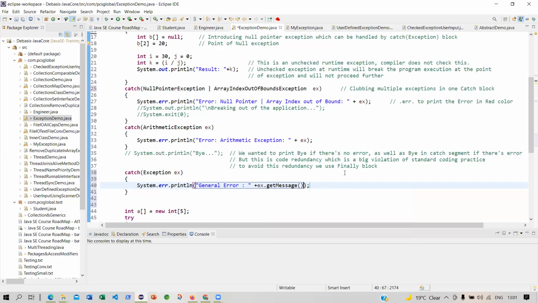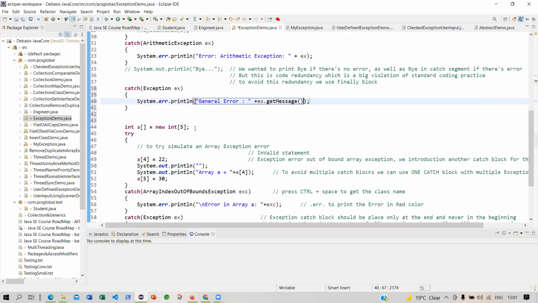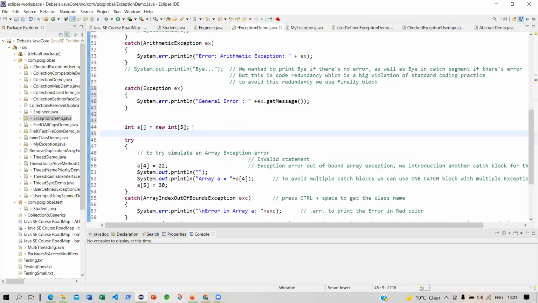Okay, let me see. There is another block. I'm writing something like this, but I am not including this in the try catch block. Why? Because I'm overconfident that when I'm writing this, I will not encounter an error, because I know exactly this is the syntax, and I can create an array called A of int type, where I'm creating an array of 5 elements.